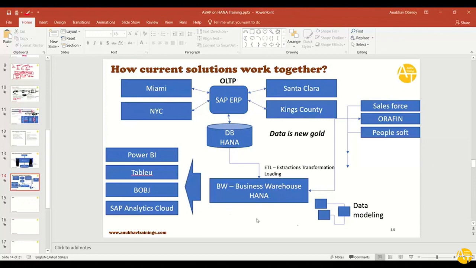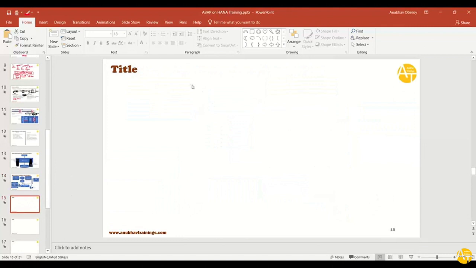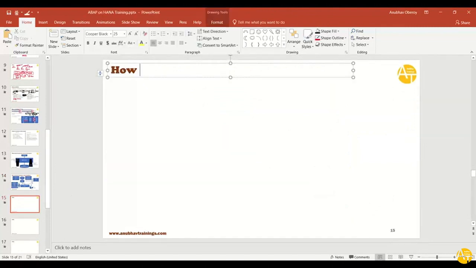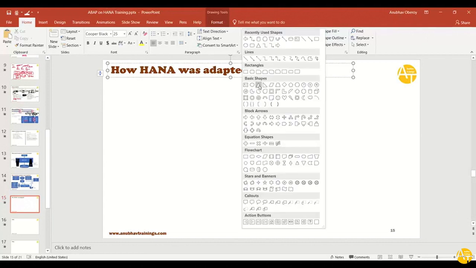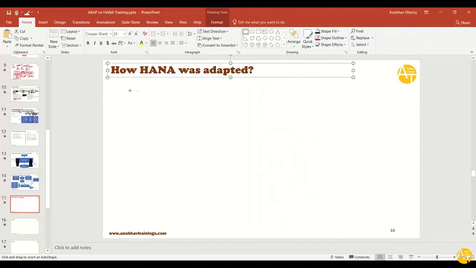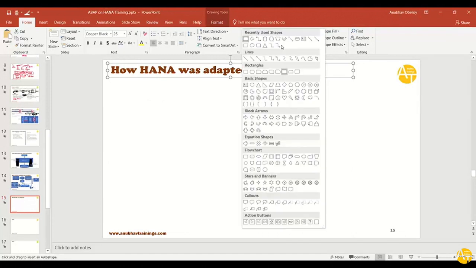So this is how the different solutions work together today in the market. So how HANA came into the picture, how HANA was adopted. HANA was not adopted in one day. It's been a long journey, with almost 10 years now completing for the HANA product. HANA is a product by SAP, and it has traversed a long journey. So let's take a brief look at the history of how HANA came and how it was accepted and